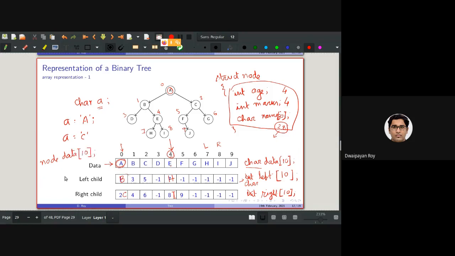And if I again want to store the data itself in the left and right child, like B and C here, I need to have node left 10 and also node right 10.